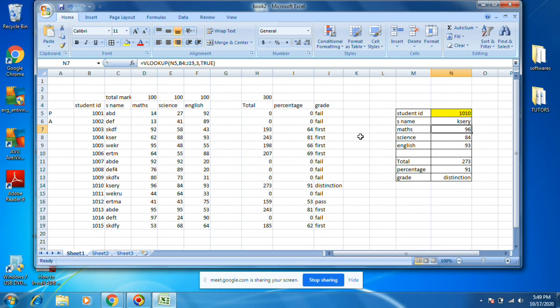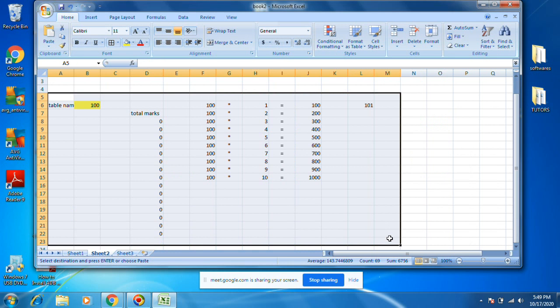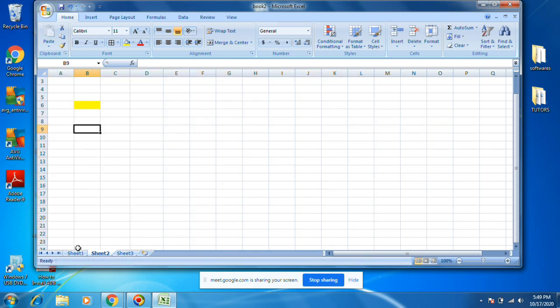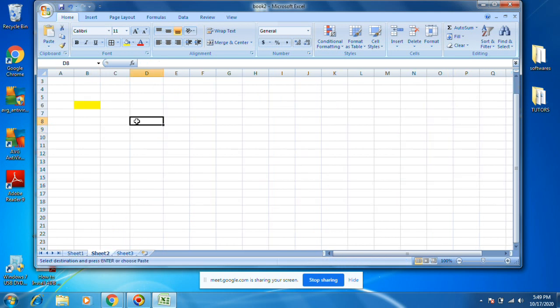Okay, sir, I did it only within this space. I want to put this section in another place. Surely you can put. You want to put the same setup from here to here. You can do it in a different sheet.